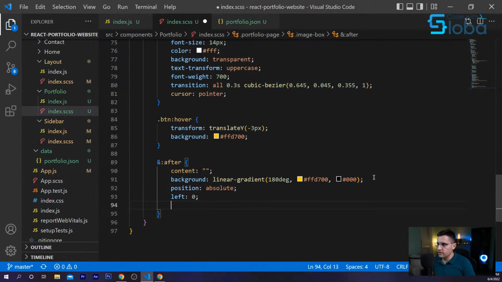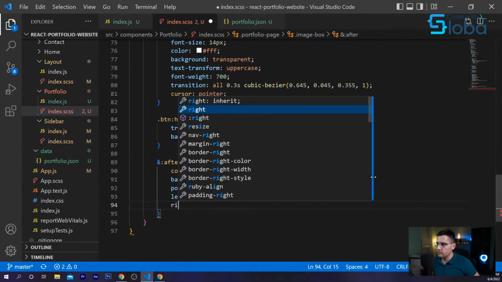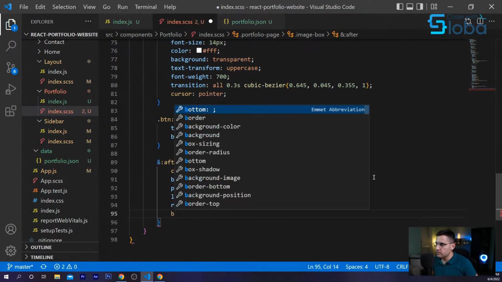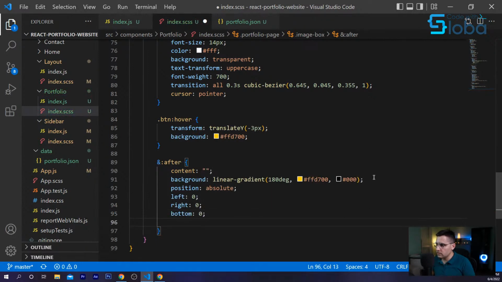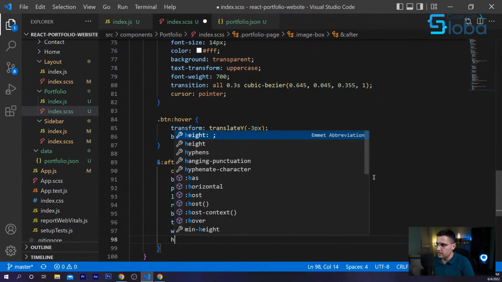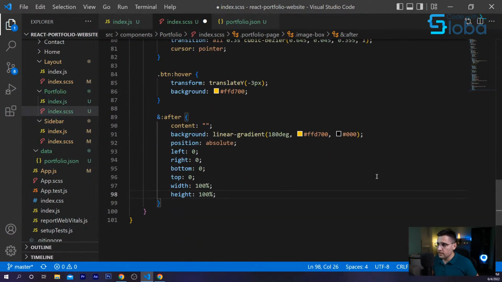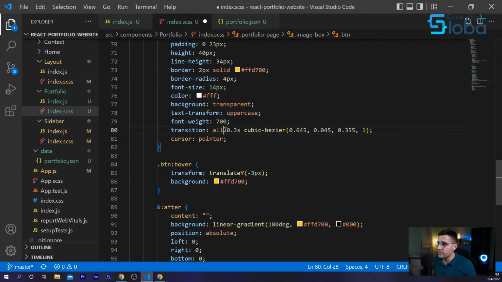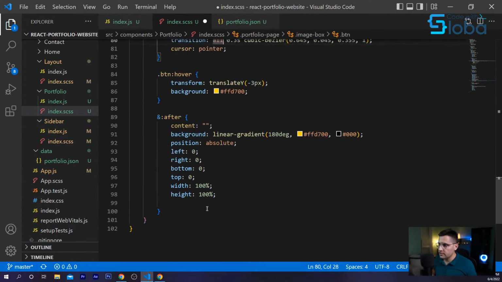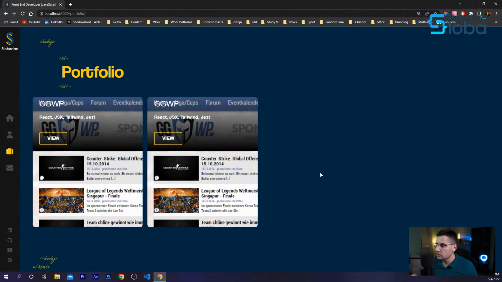So left 0, right 0, bottom 0, and top 0. Okay, and let's make it 100% width and 100% height. Cool. And yeah, we want to have transition. Again, let's use this transition. Okay, let's see how it looks.